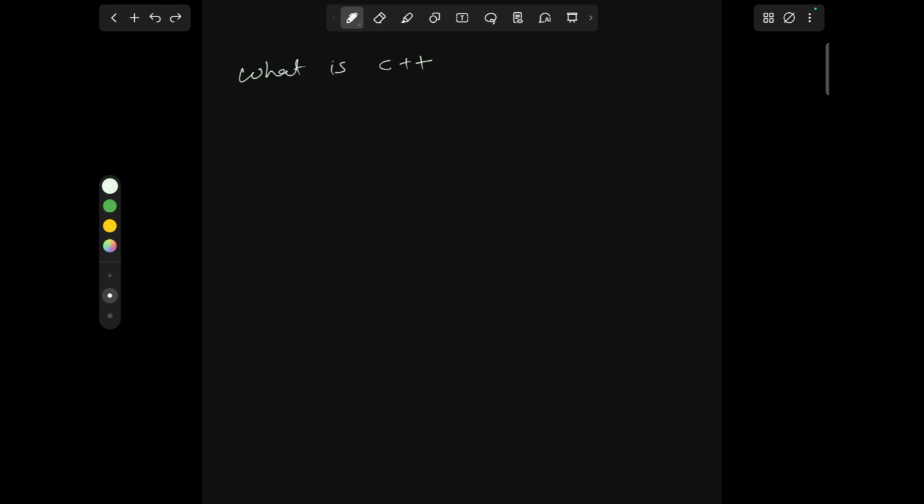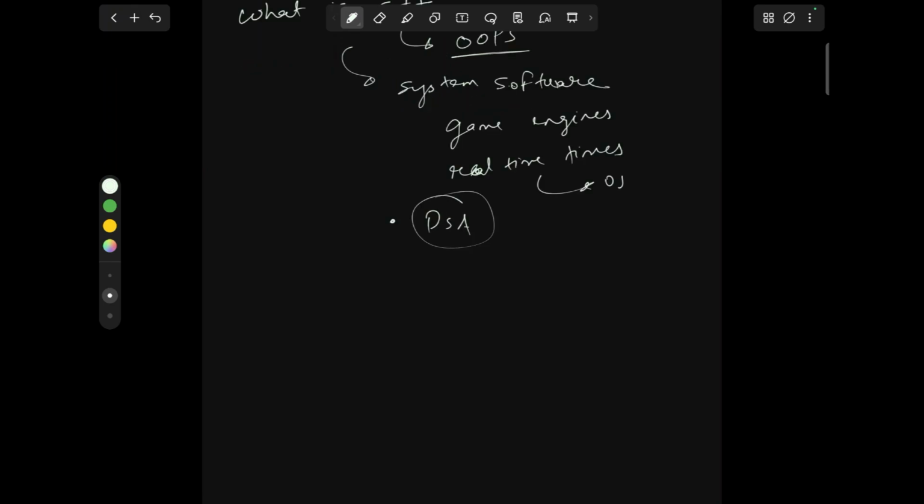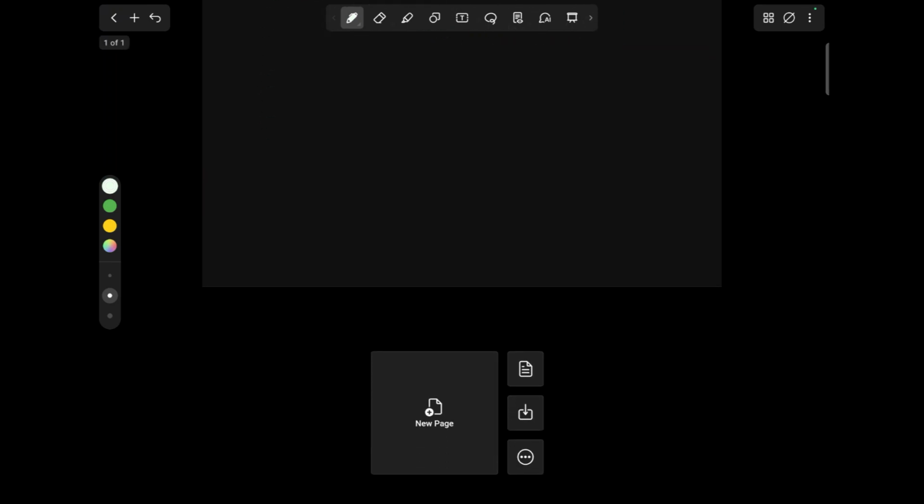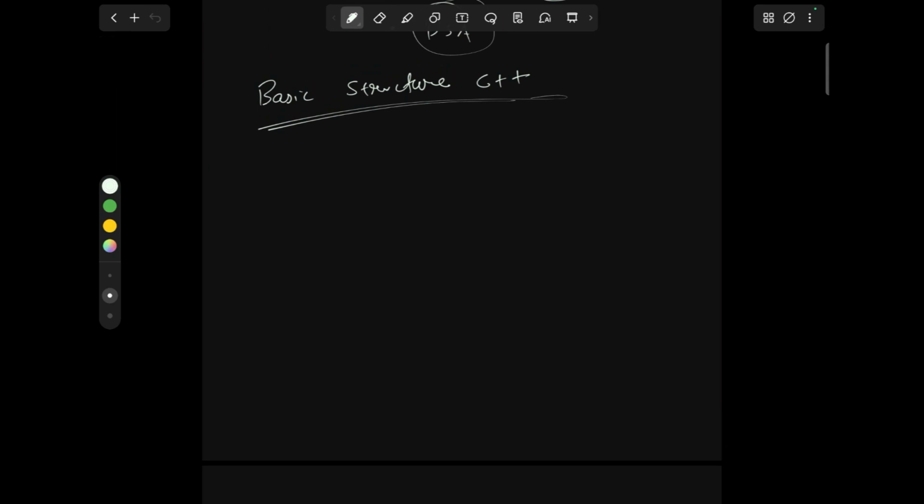Basically, C++ is a general purpose programming language, an extension of the C language. How is it an extension of C? Because it contains... Let's go to the basic structure of C++, because from here we are going to start learning how to write our code. For writing code in C++, first we have to create a file, and the file will be